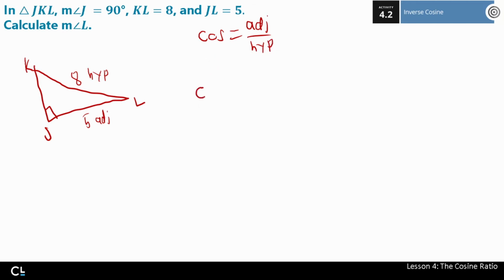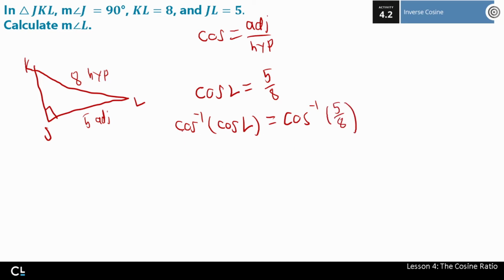So what can we say? We could rewrite this as cosine of L is equal to 5 over 8. That's already in simplest form. So if we want to get rid of that cosine, we'll say the cosine inverse of cosine L is equal to the cosine inverse, that's an N, not an S, of 5 over 8. Cosine inverse and cosine cancel. We're left with the measure of angle L is equal to, and all we do, once again, plug it into a calculator. Cosine inverse of 5 divided by 8 is going to give me,